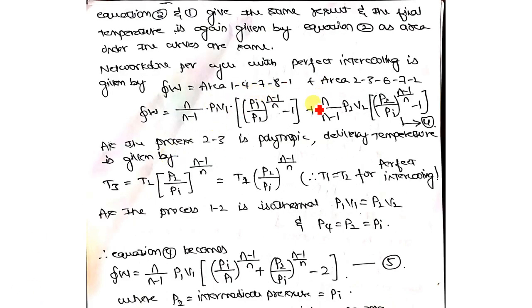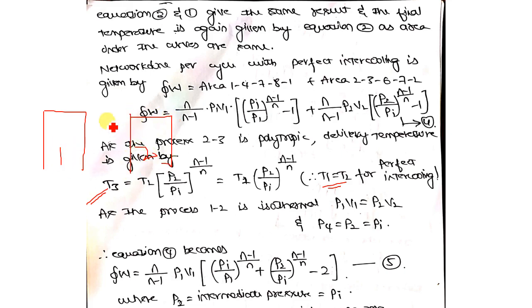Okay. Now, for perfect intercooling, T1 is equal to T2. As I said, what is perfect intercooling? Perfect intercooling means your intercooler is so perfect that it could make the temperature, which is the input coming to the first cylinder, that is T1. Suppose I will draw you an example. So this is your cylinder number 1 and this is your cylinder number 2, you guess. So this is 1 and this is 2, and in between the cylinders you have your intercooler. Okay, so this is your intercooler here.